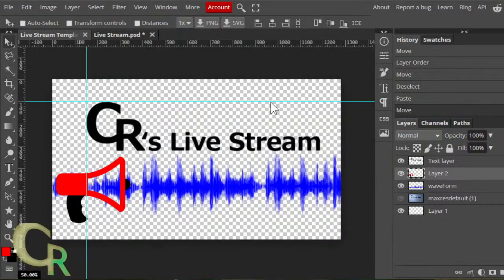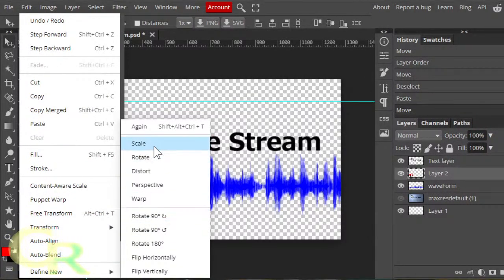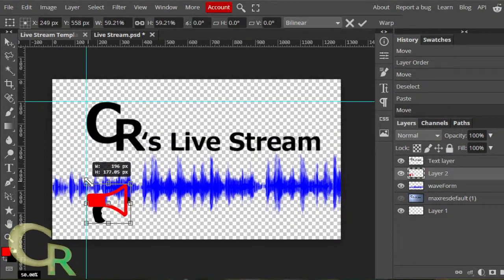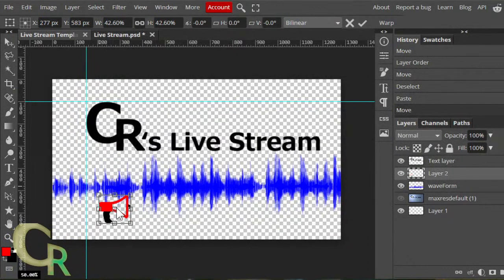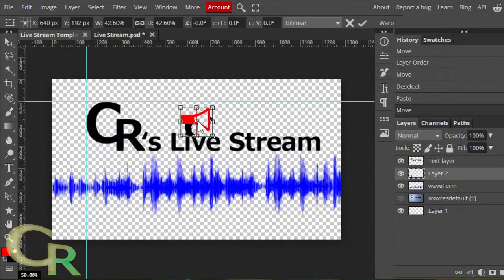I can shrink it down and stuff like that. Sometimes just for fun. Under Edit, Transform, Scale. Holding Control, dragging along the corner to keep the proportions. I could maybe even put it right here if I wanted to.